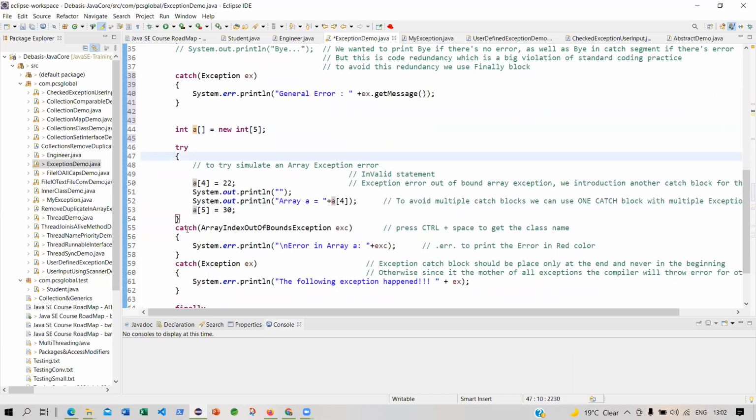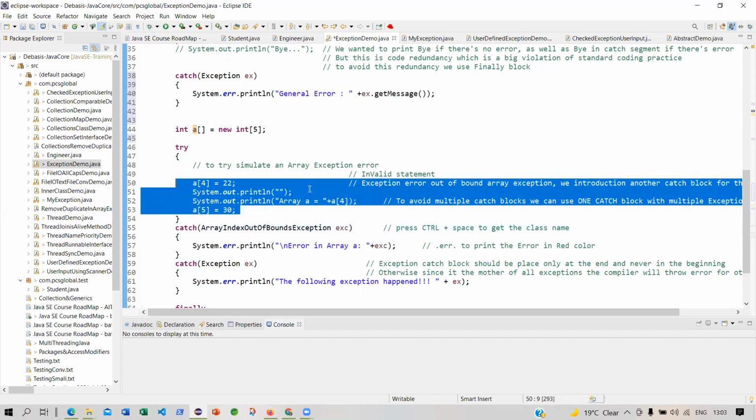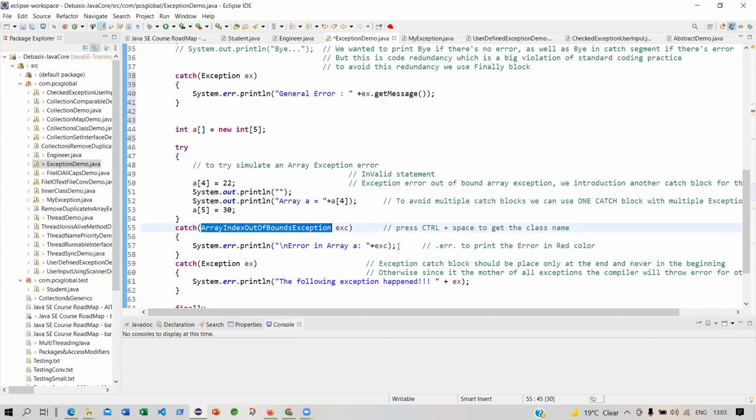because I want to handle the exception. How? I will use catch. And I know when I'm dealing with an array, the most common exception is array index out of bound exception. Because you have 5 elements. Suppose you want to add a 6th element. Will it not give an error? Try to think very logically.